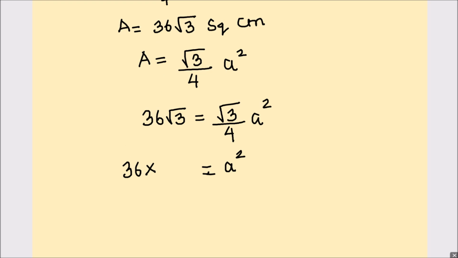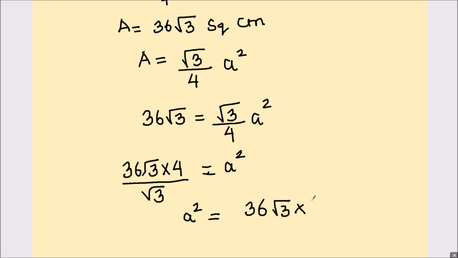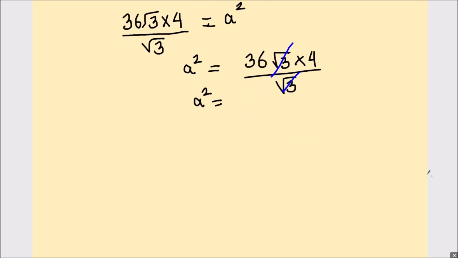So that's going to be 36 root 3 times 4 divided by root 3. Or we can write it the other way, putting A square on the left hand side. So A square will be equal to 36 root 3 times 4 divided by root 3. And we can simplify this because root 3 and root 3 get cancelled. So A square will be equal to 36 times 4,